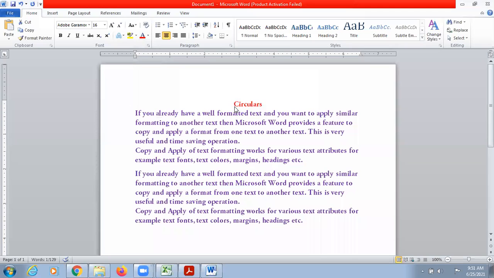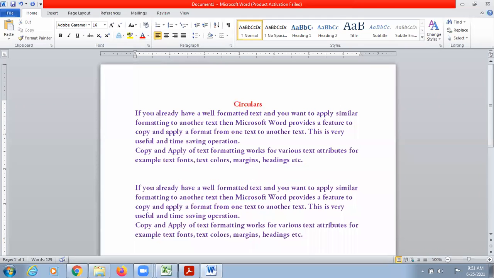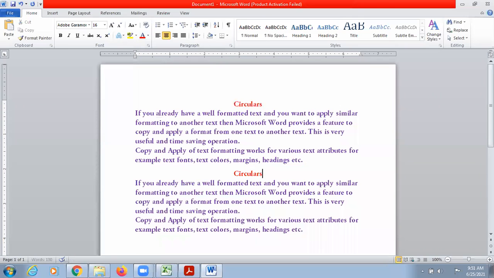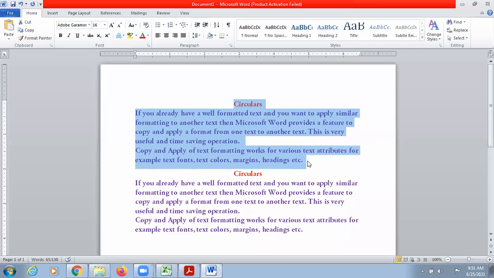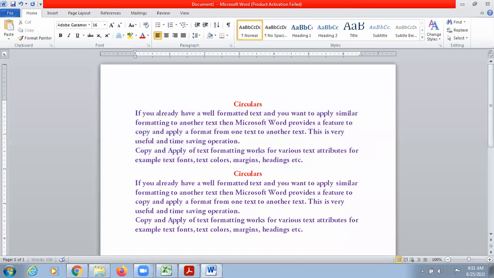Okay, now I'm going to copy this circular and paste it here. I want to copy and paste it 40 times so that I can distribute it to all 40 students. Now I'll copy this whole content and paste it.